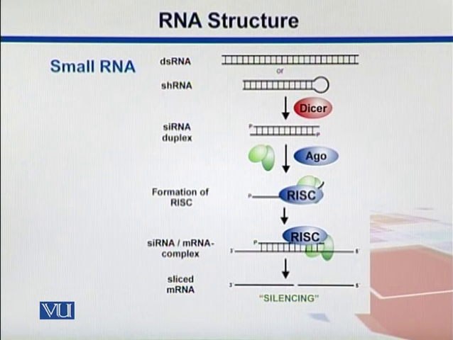Here is a brief description to give you an idea of how small RNAs regulate gene expression, how they control the expression of other genes. So how do they bring about gene regulation? They are prepared as double-stranded RNAs, which might have a single double-stranded structure, or may be present in the shape of a hairpin. Then there are molecules we call dicers. They cleave their ends, and in this way they become small interfering RNA duplexes.